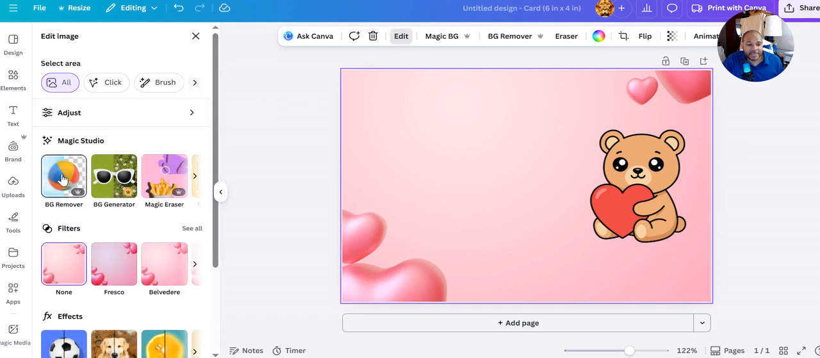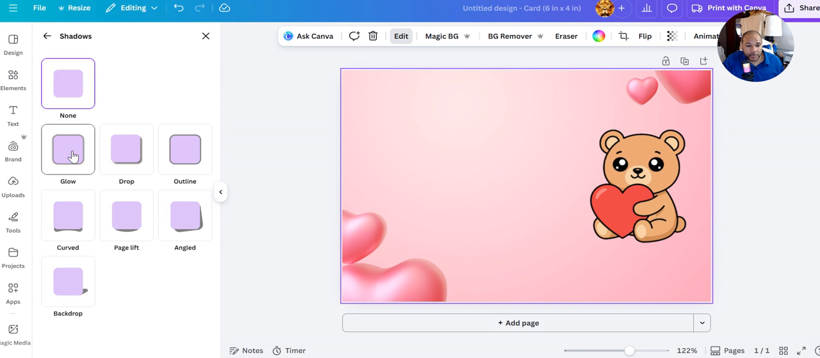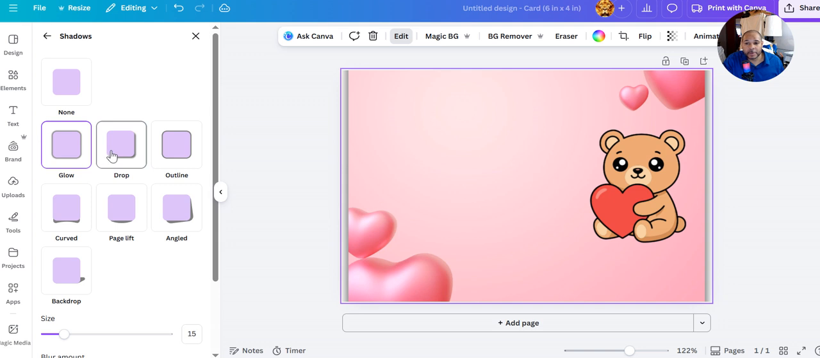And so up here is where you can usually edit. When you come over to edit, I'm just showing you a little hack, something you can do to make your stuff pop. You could come over here to background remover, you could come to all these things. But I'm coming down to shadows. In the effects, we're going to go to shadows. We want to add a glow or an outline. I go into the glow, right? I'm going to use the glow